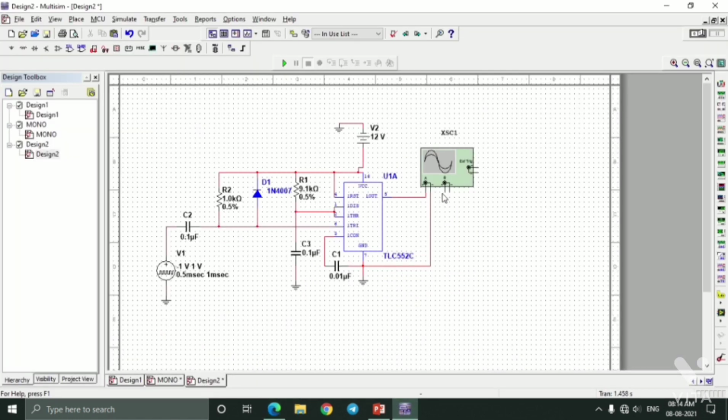Now connect that channel B's positive terminal to the capacitor over here and negative terminal to the ground. You can just connect it to the negative terminal of the channel A.